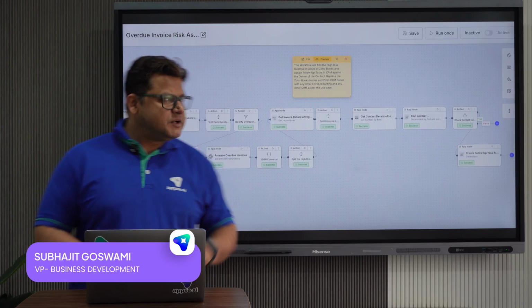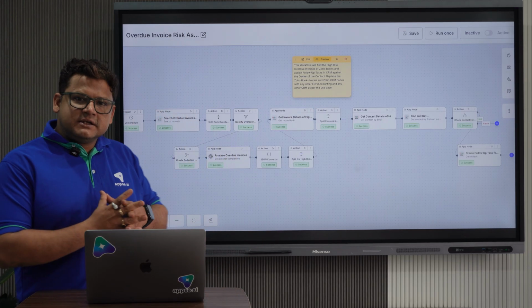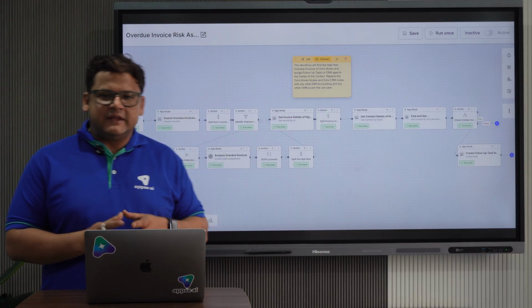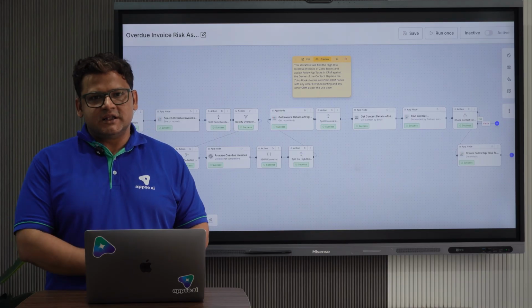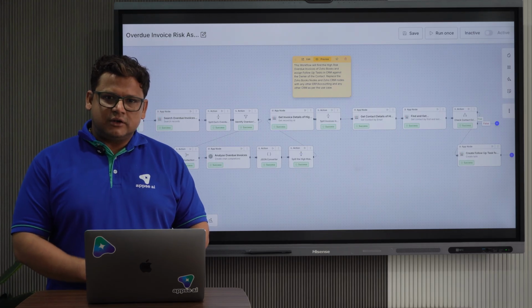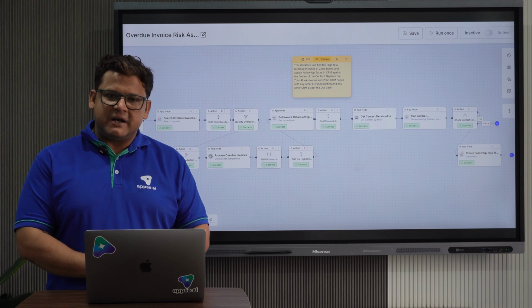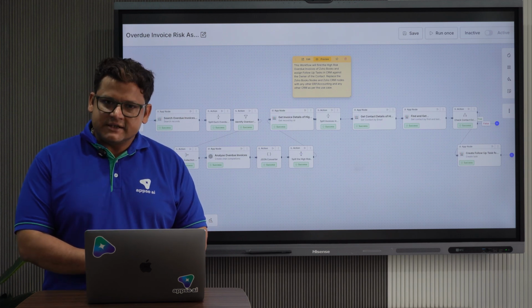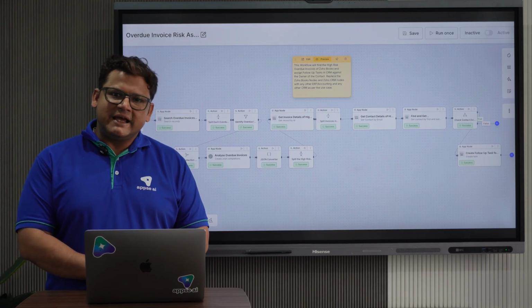So today we are going to discuss this workflow. What it does is it identifies the high risk overdue invoices and then it takes the appropriate action by adding tasks within the CRM. So whoever the account and contact owner is, that account and contact owner can see and get notification of the pending tasks and then accordingly follow up with the high risk overdue invoice specific customers to ensure that they get these